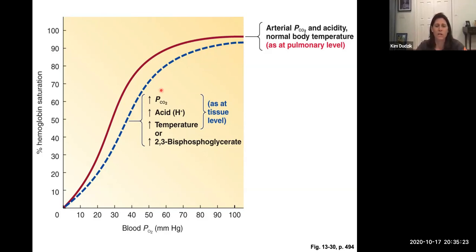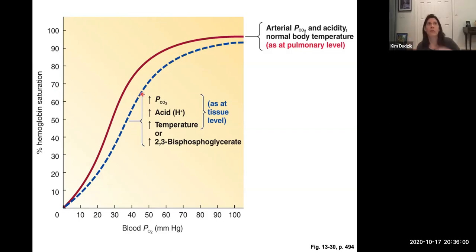So this means that when tissues are working really hard, when the partial pressure of CO2 goes up, then hemoglobin will automatically release more oxygen. And so let's say now at your tissues, the partial pressure of oxygen is still 40, but it's working and it's pumping out more CO2 all of a sudden. Well, the curve shifts. Whereas before in a normal situation, it would release 25% and hold on to 75%, now it's going to release 35% because this says my saturation is 65%.